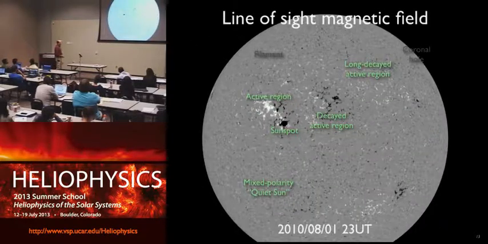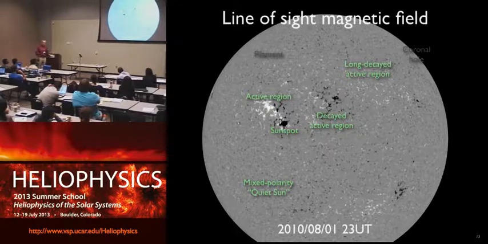And now let me take you through the pieces. If you look at a still magnetogram like this one, we have these wonderful terms that we use all over the place to describe these structures. And the green ones in any one of these images I'm going to show you are the ones you can actually see in the image. But there are other structures that are there. There's a coronal hole there. There's a filament there. Like, what are you talking about? There's nothing there. Well, that means because not all wavelengths show all structures. You have to tune your instrument to the right wavelength to see the structures that you're interested in. That doesn't mean they're not there. You're just not seeing them.